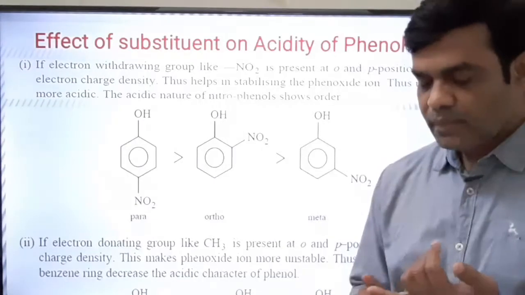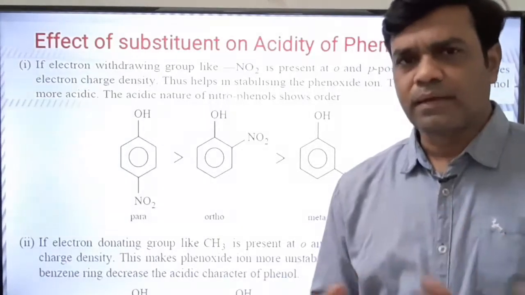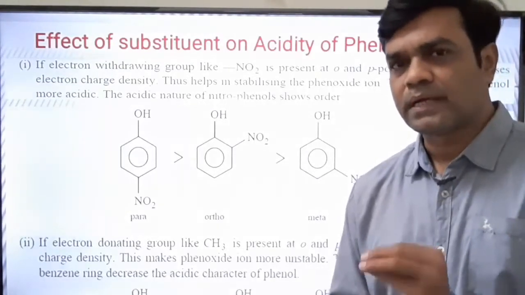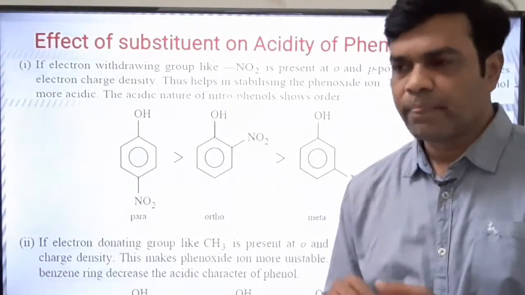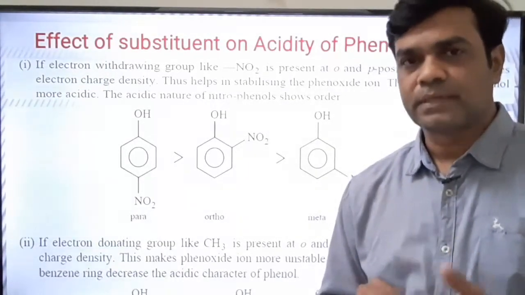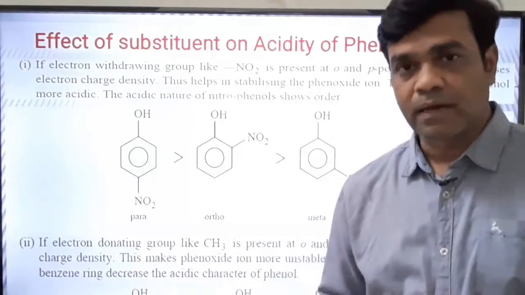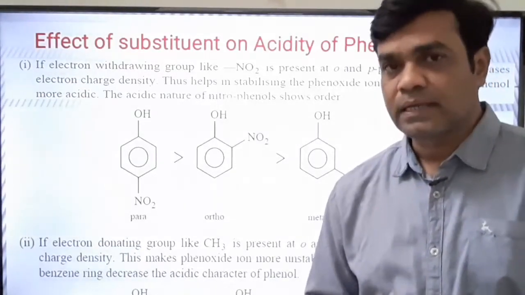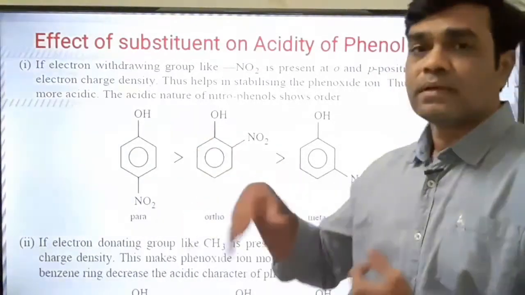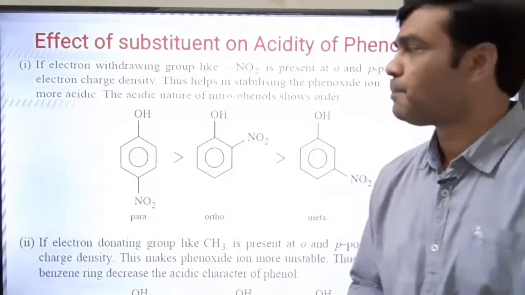I am repeating. The group, functional group or atom in which the key atom, that is the first atom of the group which is attached directly to the benzene ring or phenyl ring, has a positive charge, or if that atom, for example carbon, is attached to oxygen or nitrogen by a double or triple bond like the carbonyl group and C triple bond N, in that case the group is electron withdrawing. More examples of electron withdrawing groups are cyanide C triple bond N, and C double bond O, that is the carbonyl group.